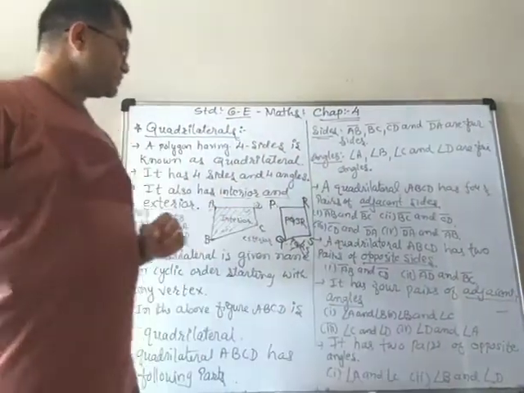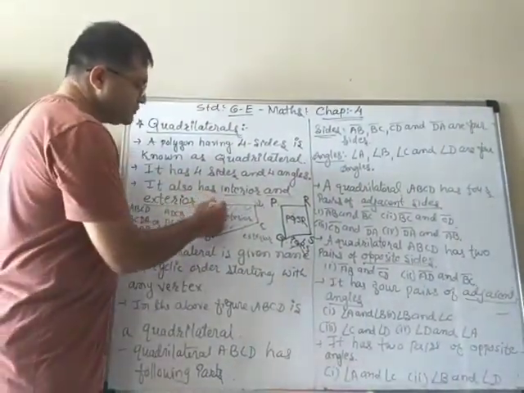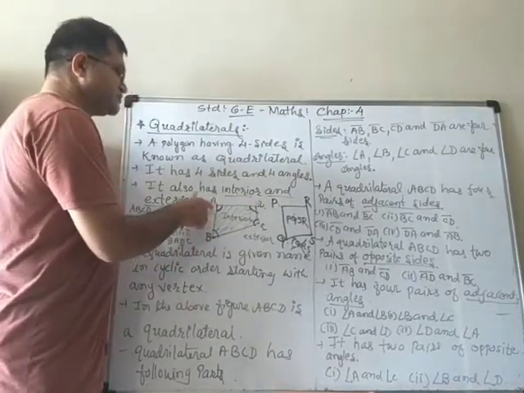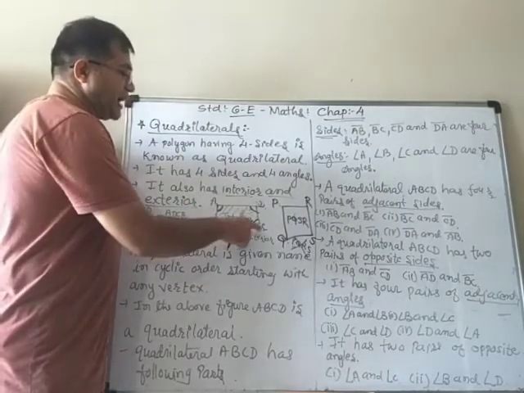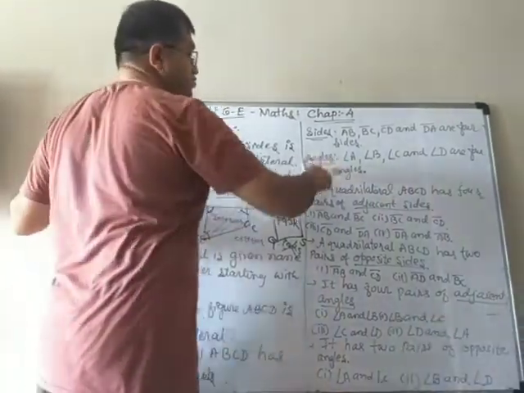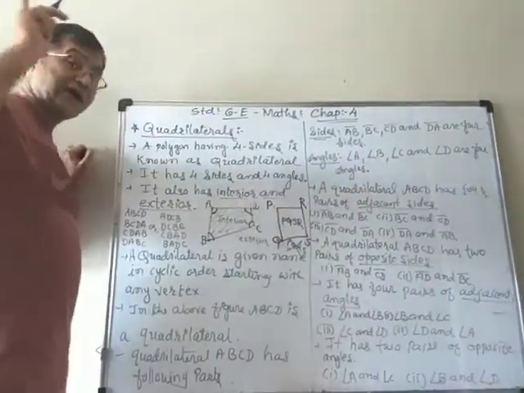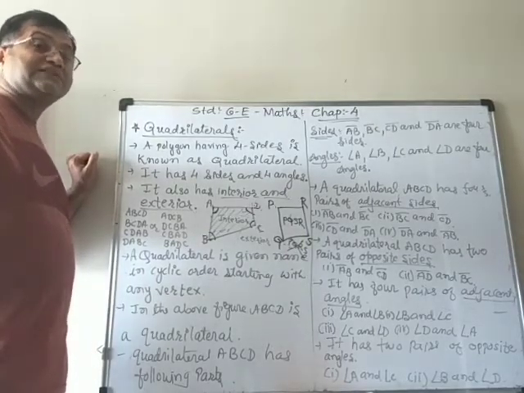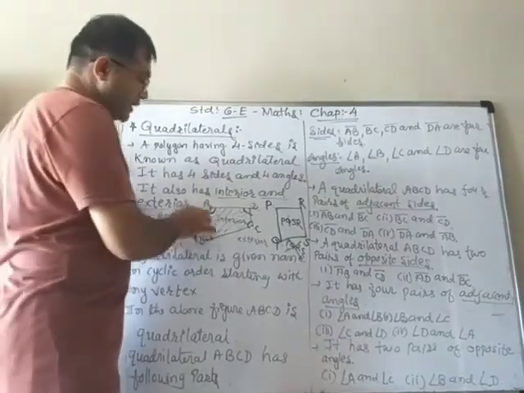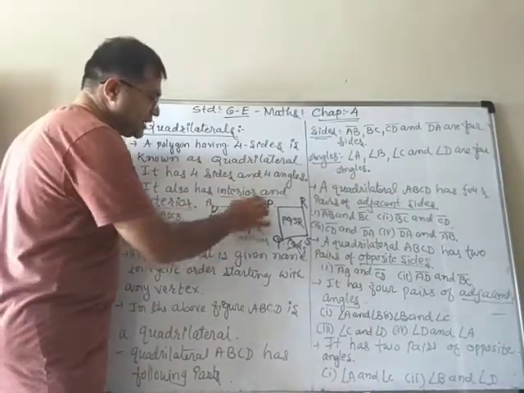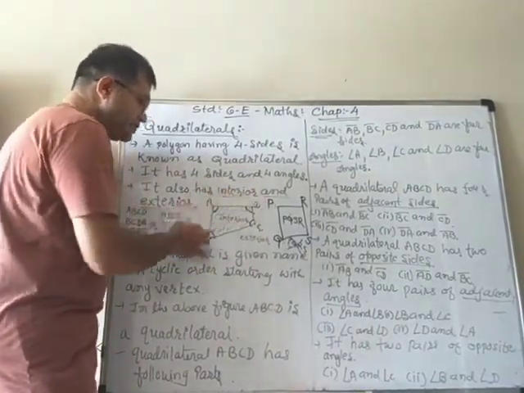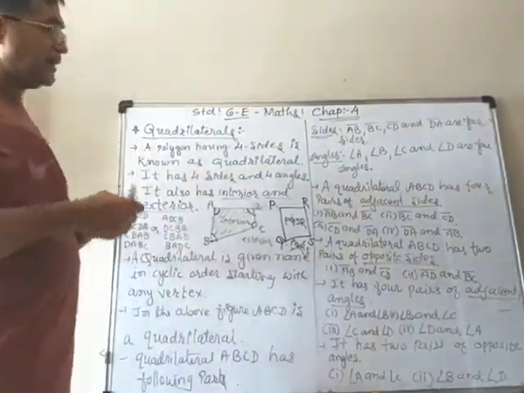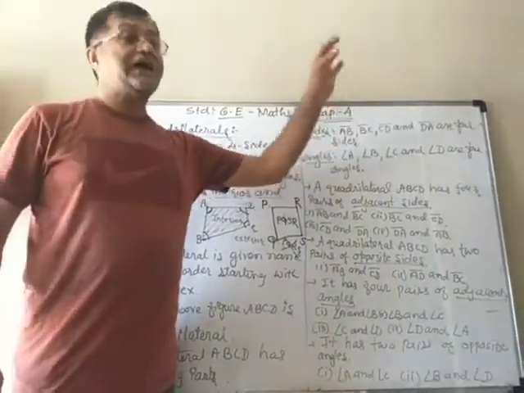Now angles. We know that when corners are made, angles are there, right? So here you can see that there are four angles: angle A, angle B, angle C and angle D. As we learned in the triangle, you can give angles names by three letters also, like angle ABC, angle BCA, angle CDA, angle DAB, etc. But if there is no confusion, you can write only angle A, angle B, angle C, angle D, etc.